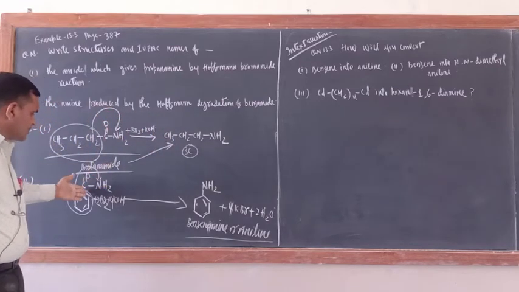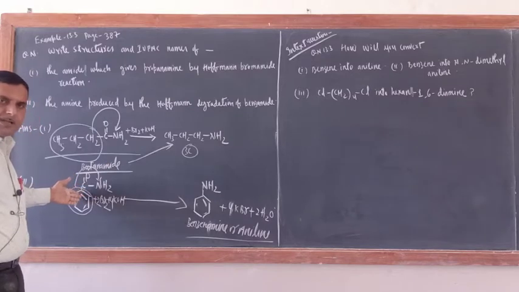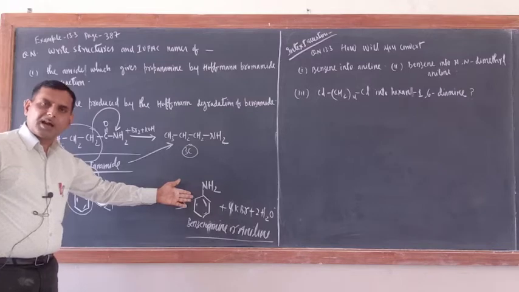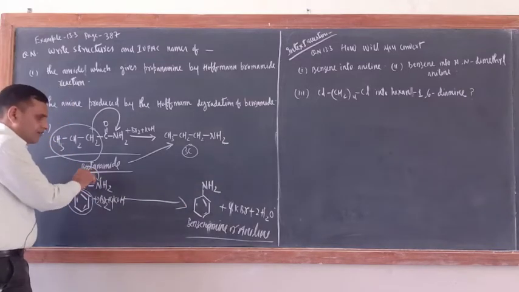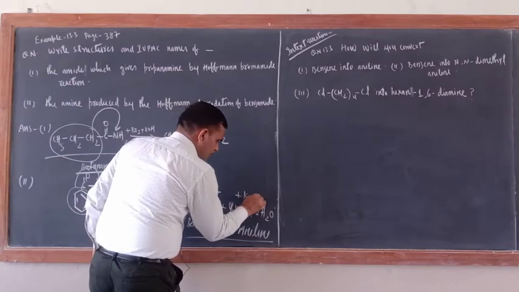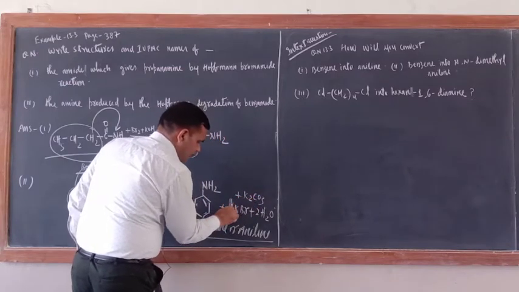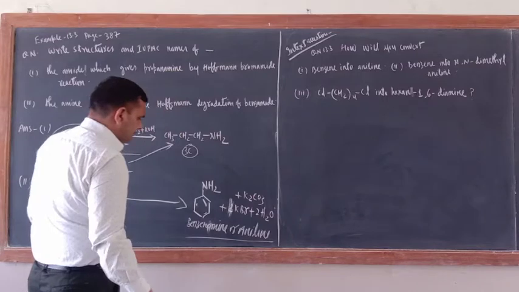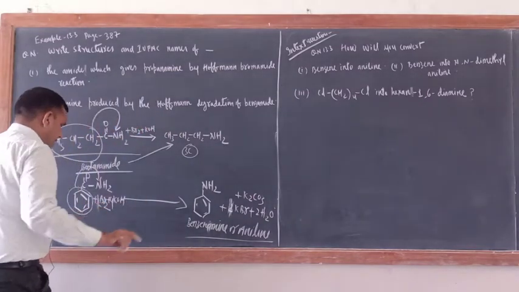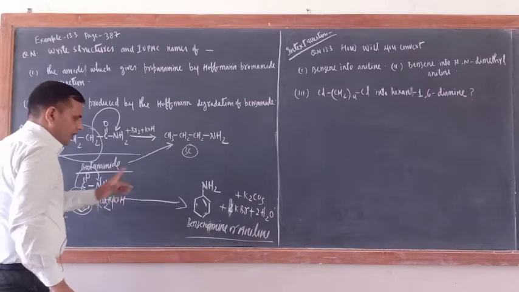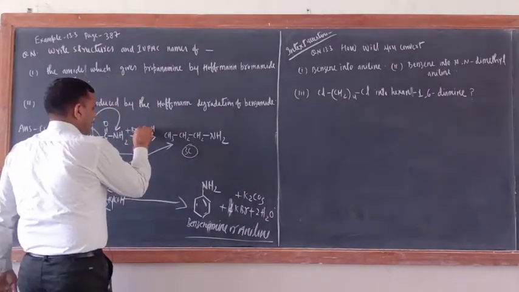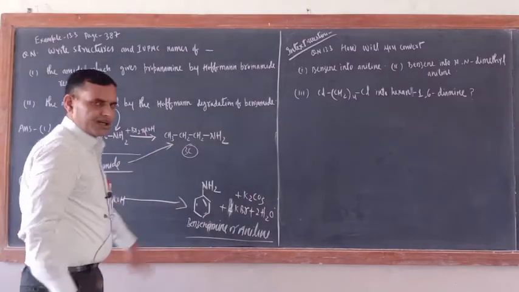And here also the same thing is happening. This is benzamide and you are getting benzene amine or aniline. This carbon atom won't be there. Here one more product would be there, K2CO3, and KBr. Here only Br2, 4KOH. Here also you can write the same way. Write 4KOH, the reaction is over.